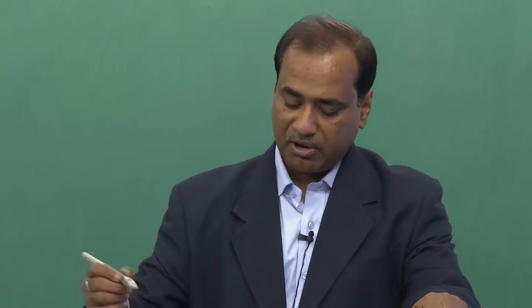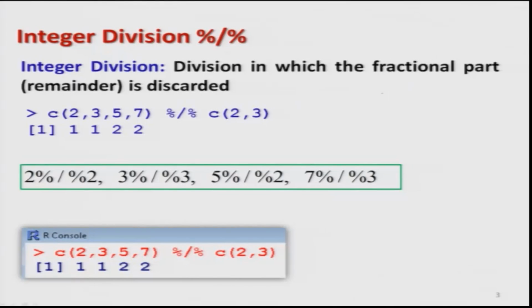For example, if I want to divide 2 by 2, then the quotient will be 1, since 2 ones are 2, and the remainder will be 0. So, when I do the integer division of 2 with 2, the answer will come out to be 1, which is the quotient, and the remainder part is discarded,